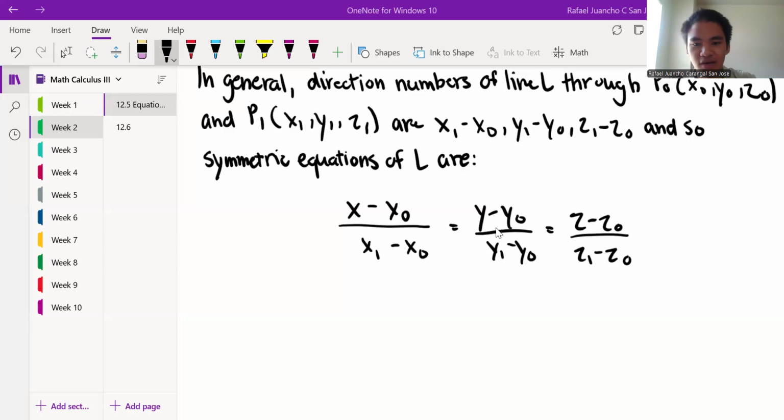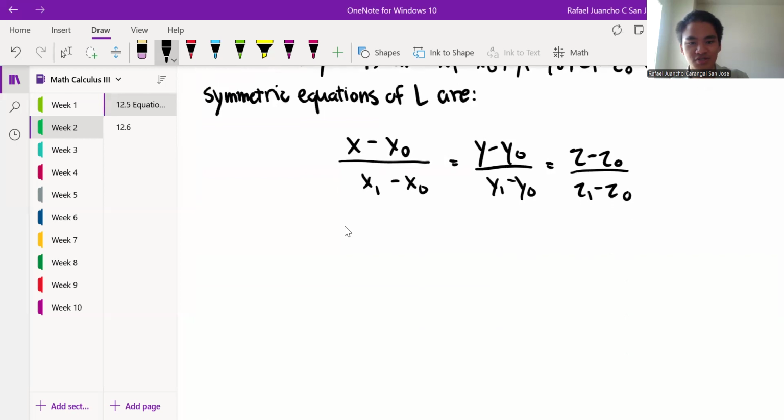Okay, I'm not gonna go through that example anymore. I'm gonna go directly to the general part. So we're gonna talk about something more general about parametric and vector equations. So in general,